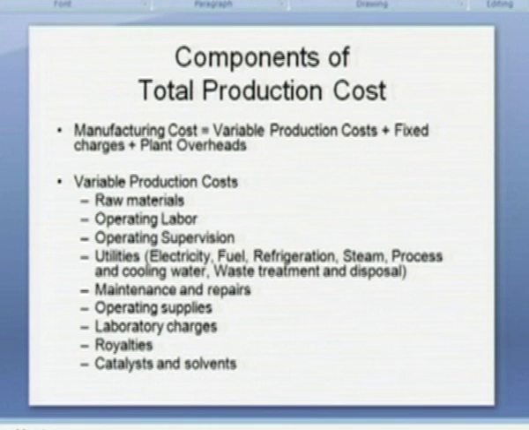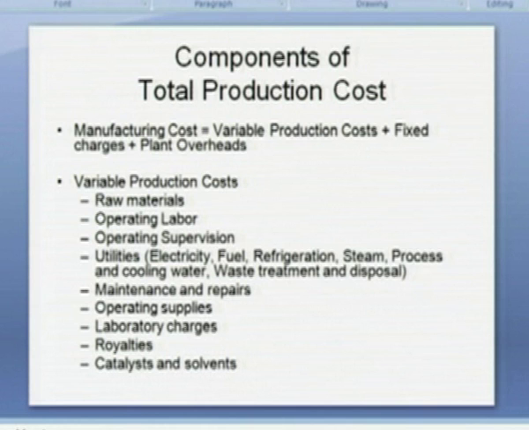The fixed charges. The first component is depreciation, then second is the property tax. It is not income tax, remember, property tax. Then the interest on loan or financing, then insurance, and finally the rent if the land is not owned by you. The plant overhead costs are medical, safety and protection cost, then storage facilities and packaging, payroll overhead,